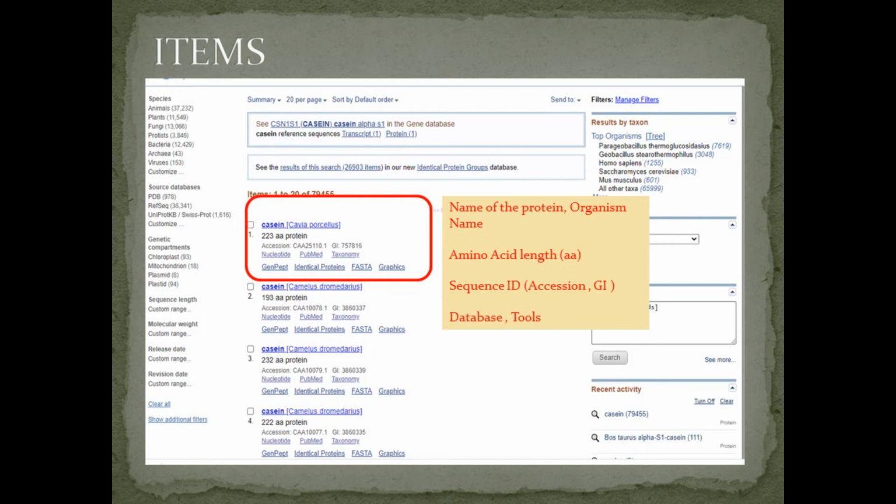For example, here you can see 223 AA, that means the protein is 223 amino acids in length. Then on the next, or third, line you can see the accession number.